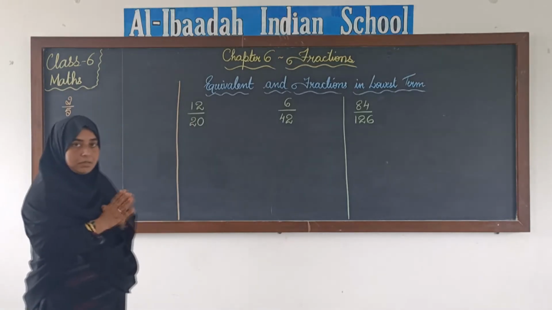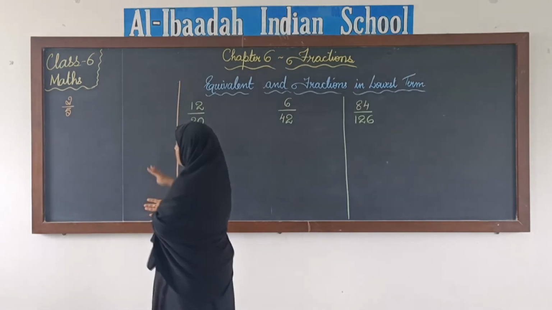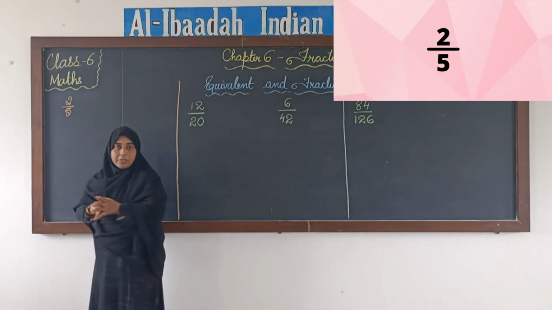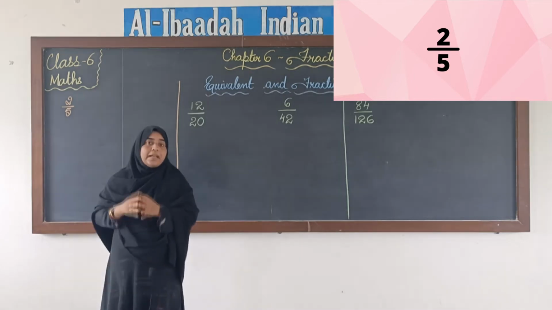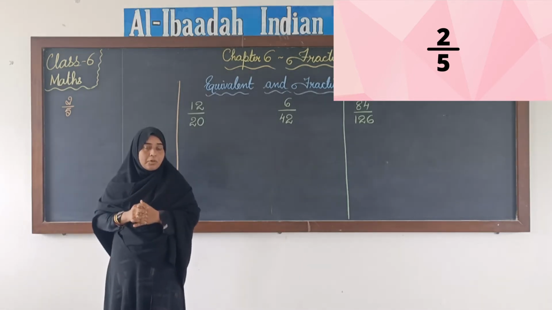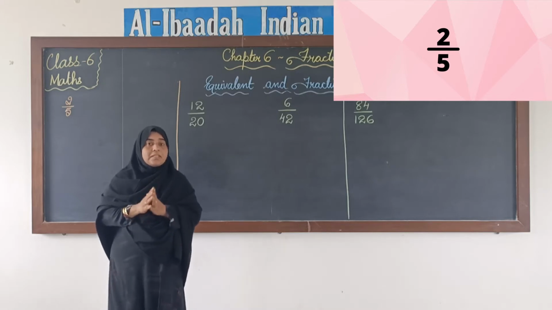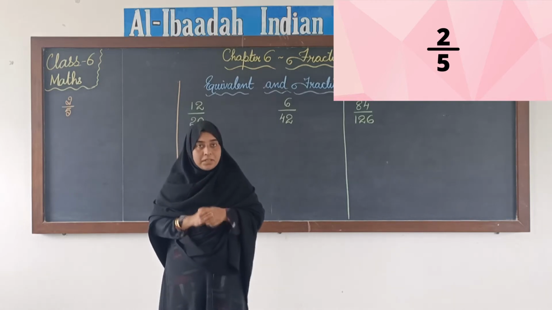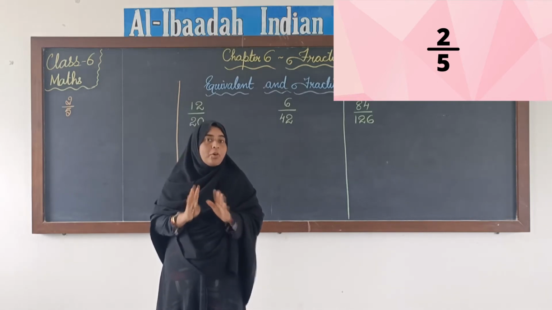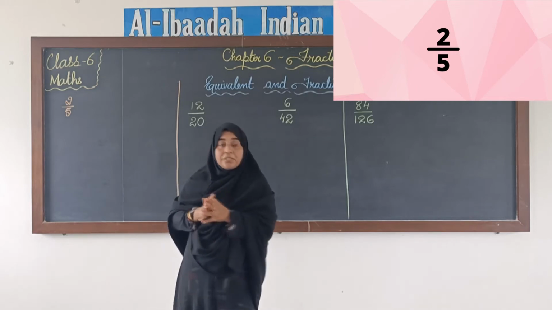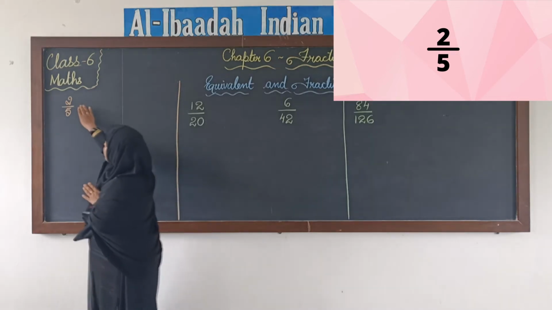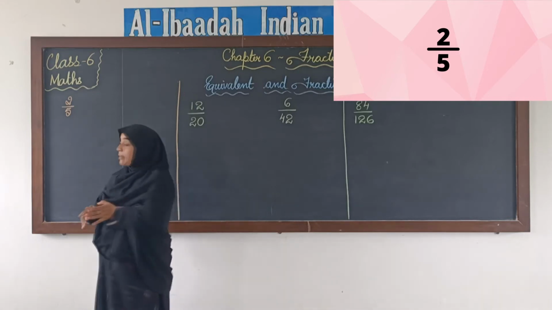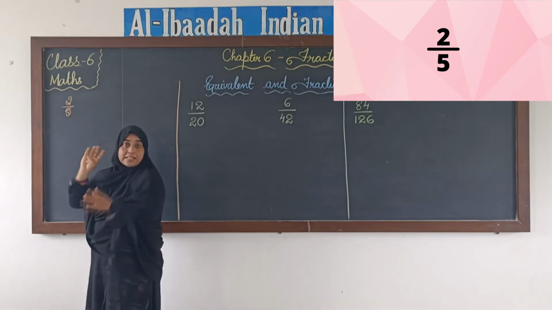When we were doing that method, we were having a fraction in this form, 2 by 5 for example. Okay, I have a fraction here, 2 by 5. Now 2 by 5 is in the lowest term of the fraction. Lowest term in the sense we cannot bring it more down, we cannot simplify it further. Okay, this is the lowest form of this fraction. That means we cannot divide the numerator and denominator with the same number. There is no number that will divide the numerator as well as the denominator. The same number should divide.